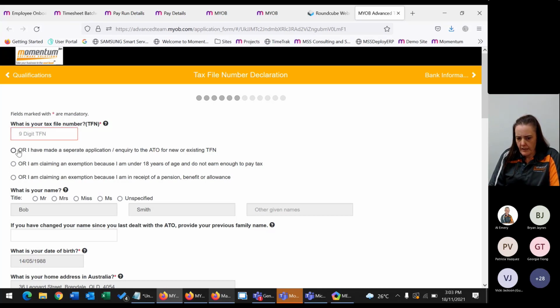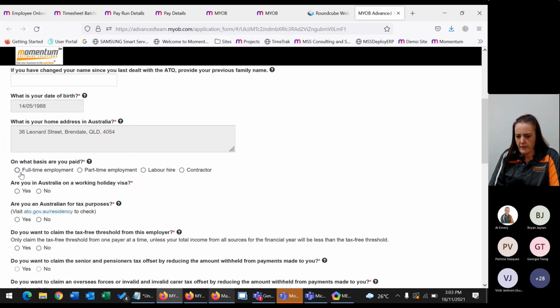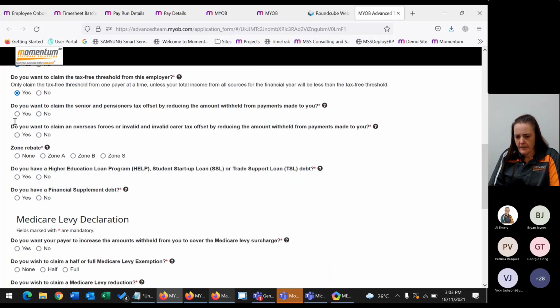So I'm just going to say that we've applied for a tax file number. We're full-time. So this does all of the questions that are required by Single Touch Payroll on their declaration form.